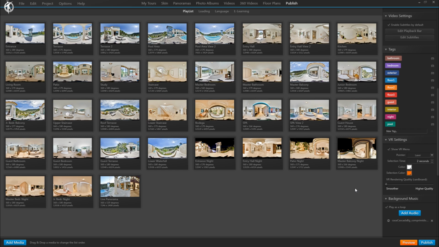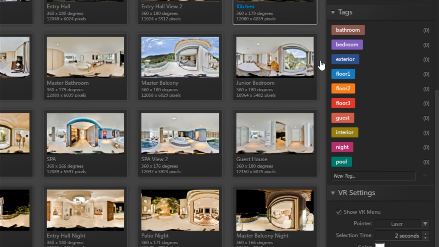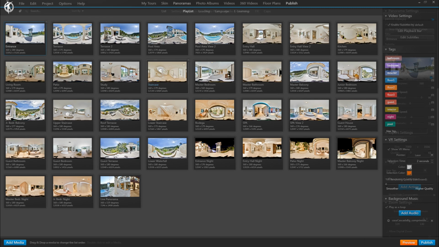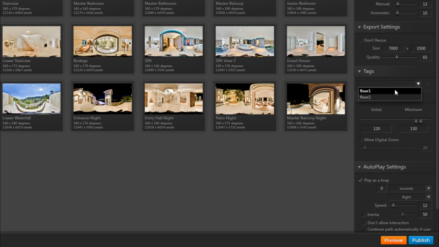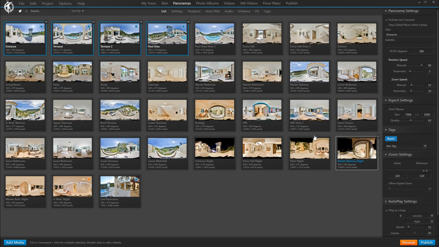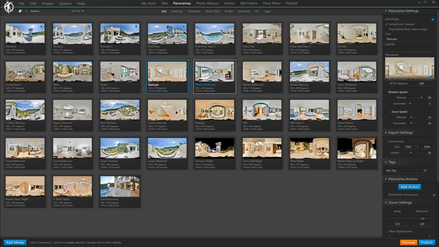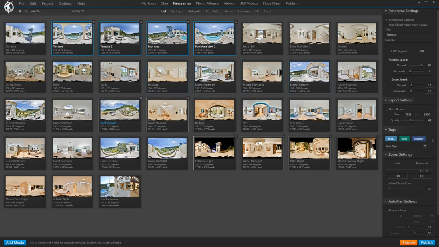Hi everyone! In today's tutorial we will present and explain the new tag feature. Tags are very useful in terms of optimizing your workflow when you create virtual tours because they allow you to group elements in the tour by means of assigning a tag to them and then working on those elements all at once instead of one by one. So we can assign a tag to a number of elements in our tour that share a certain characteristic and thus make them a group.